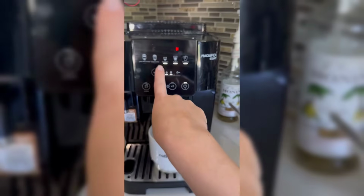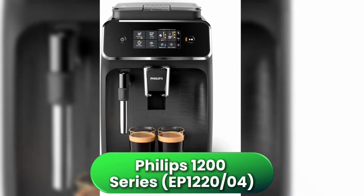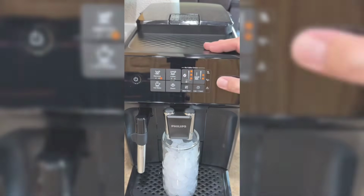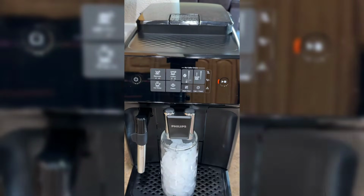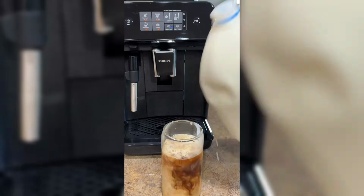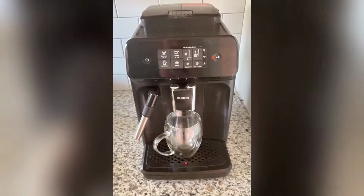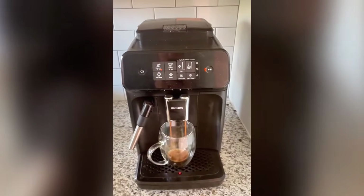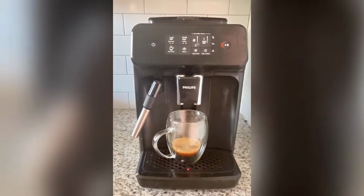For the ultimate just-the-basics experience, the Philips 1200 series is a champion. If you want a machine that's compact, affordable, and genuinely easy to use, this is it. With only 2 drink buttons, espresso and regular coffee, a simple manual steam wand, and a ceramic grinder, the 1200 is all about getting straight to the point. It produces rich espresso with a nice crema, and the compact design means it'll fit just about anywhere, from apartments